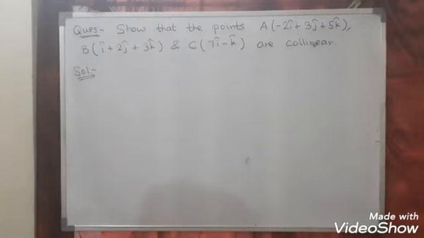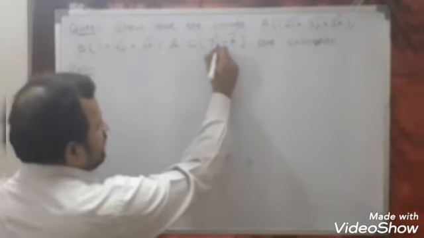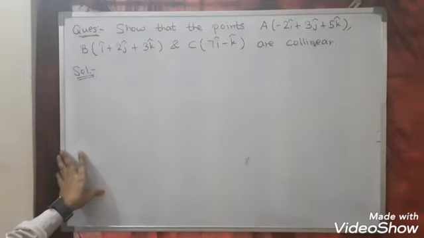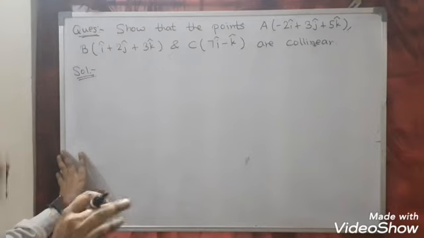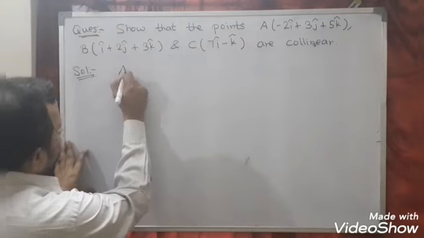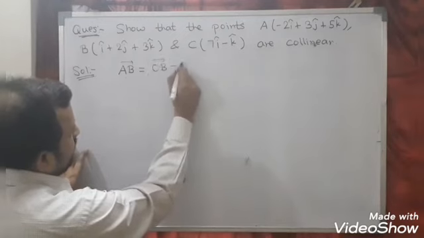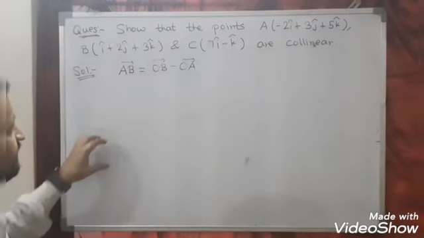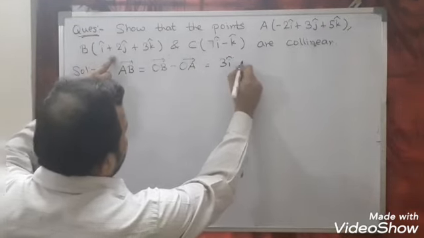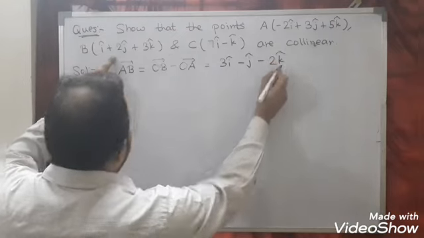The next question here is, show that the points A, B and C are collinear. Now collinear means what? If 3 points lie on the same line, then we can say the given points are collinear. Now let us see. So here A, B, C we know. Let us calculate first the AB vector. AB vector is nothing but OB vector minus OA vector, second vector minus first vector. So calculate OB. You will get 3i, now 2 means minus j, and subtract 3, here I can say minus 2k. So this is the AB vector.